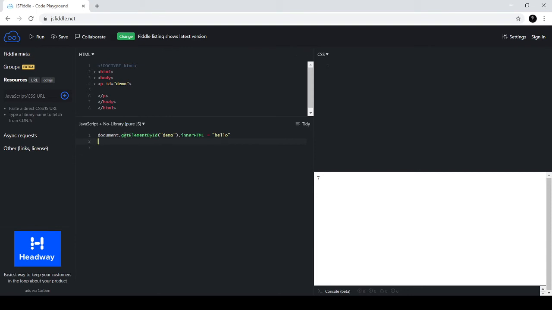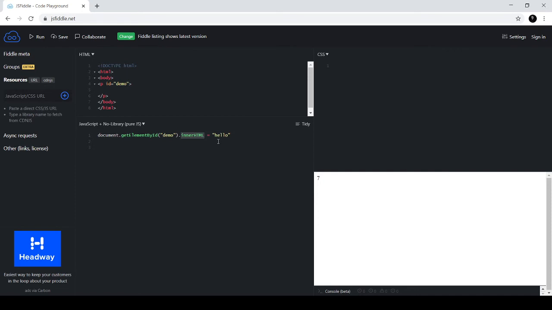And if you notice, getElementById, the E is capital, B is capital, and I is capital. If you write something else, this function won't run. So JavaScript is case sensitive. I'll show you that using an example as well. But for now, you have to remember that this is the function, and if you put E as a small letter, it won't work. And so I'm going to select the ID, which is demo,